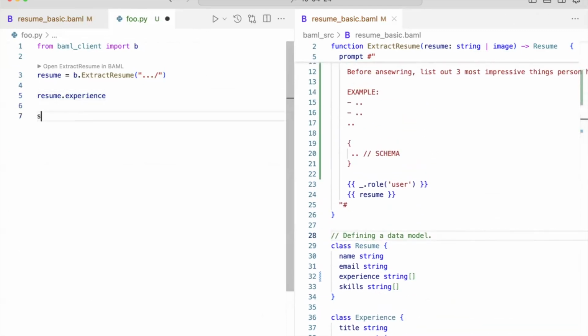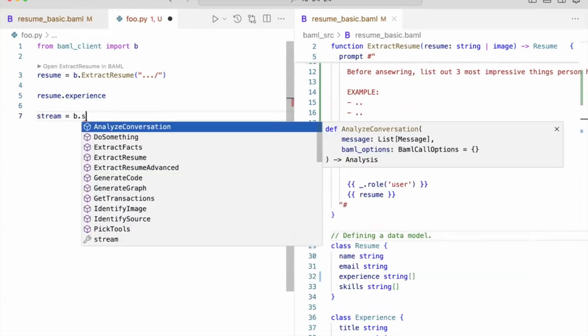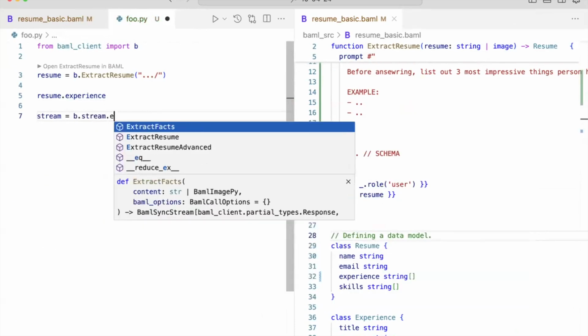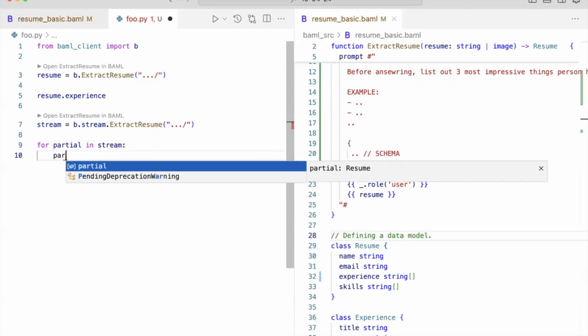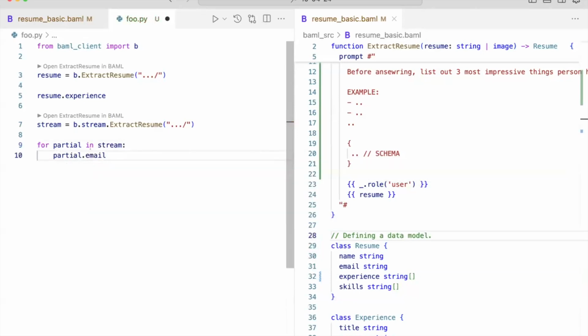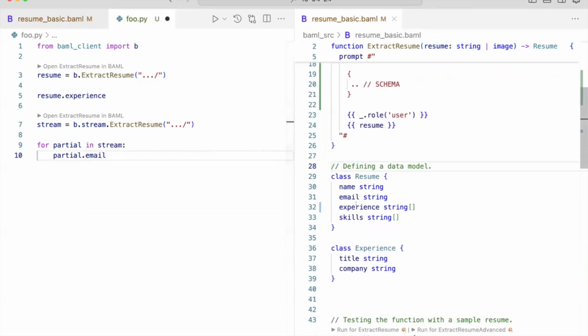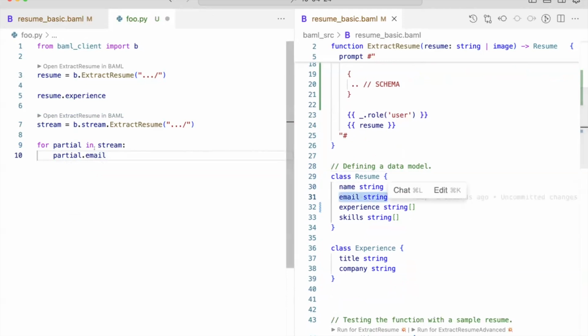Now, if you're streaming, it's a little bit weirder as well. b.stream.ExtractResume. And we'll read this resume and we'll do for partial in resume_stream, partial.email. Email will actually be, and it's completely compliant over here, an optional field.